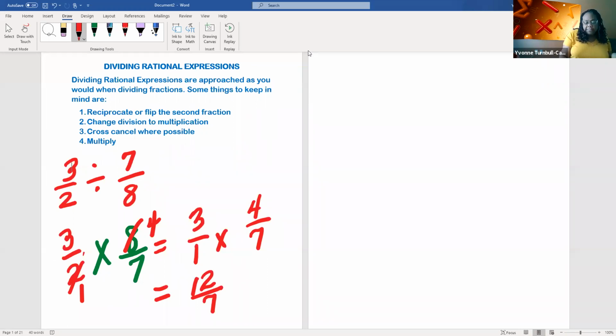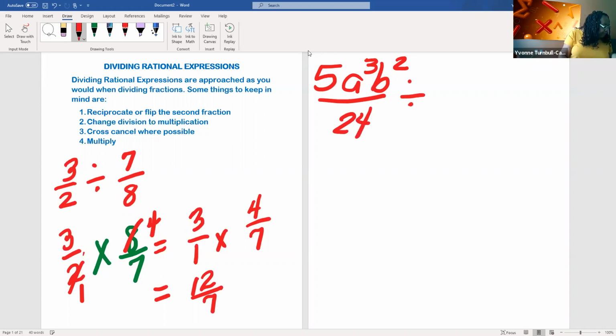Well, it's not that simple. 5a cubed b squared over 24, divided by 10a to the fifth over 6. Now I'm going to do this the long way because I like to show students exactly what's going